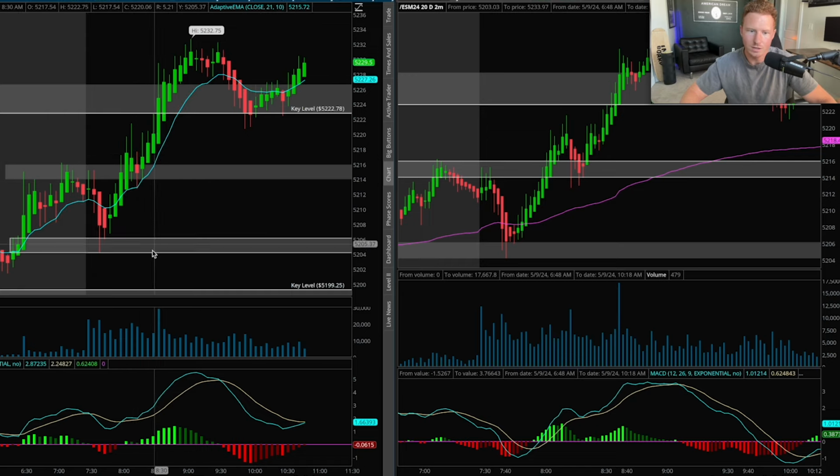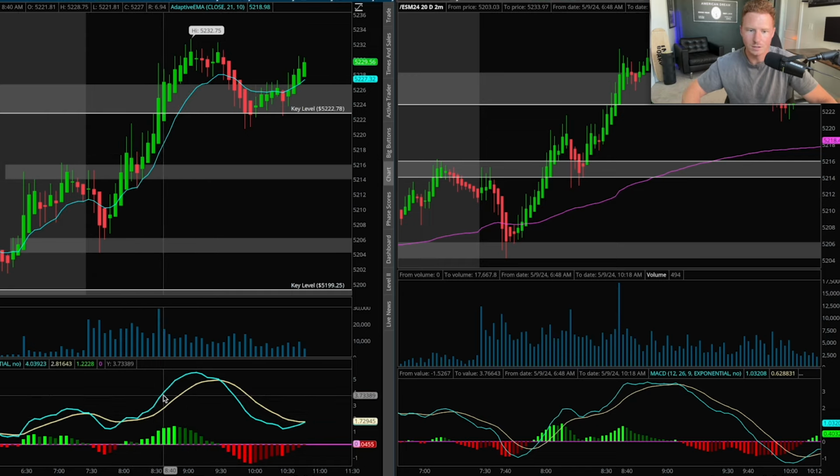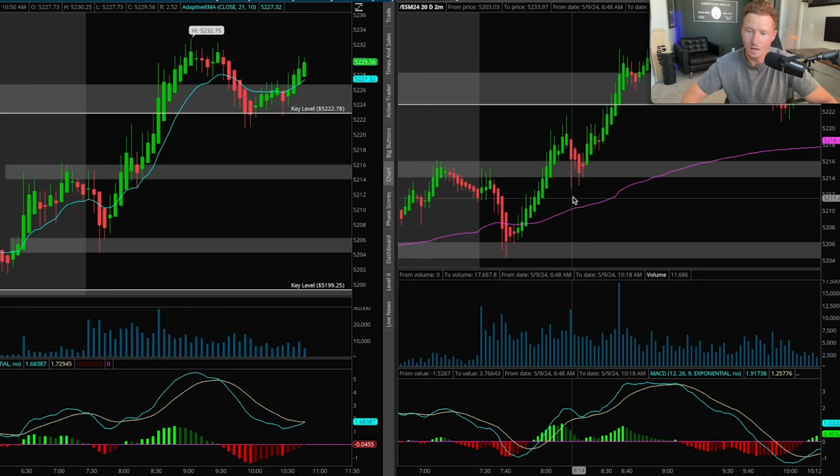From here, I saw the MACD was still in a buy zone. This blue line was above. You can also look at the histogram. The green bars are consistently going up. And then on a 2-minute time frame, as you can see, MACD got close to a sell signal, and then it started bouncing off of that. So basically, as soon as I saw this green Heikin-Ashi candle on the 2-minute time frame,